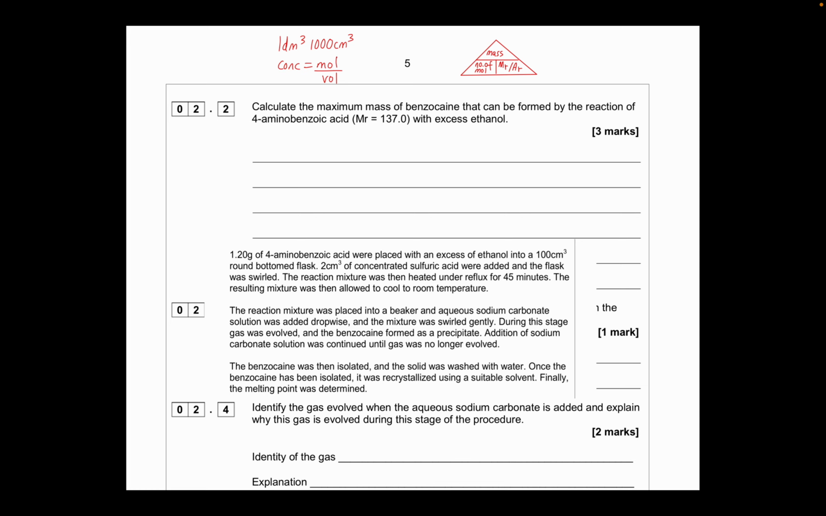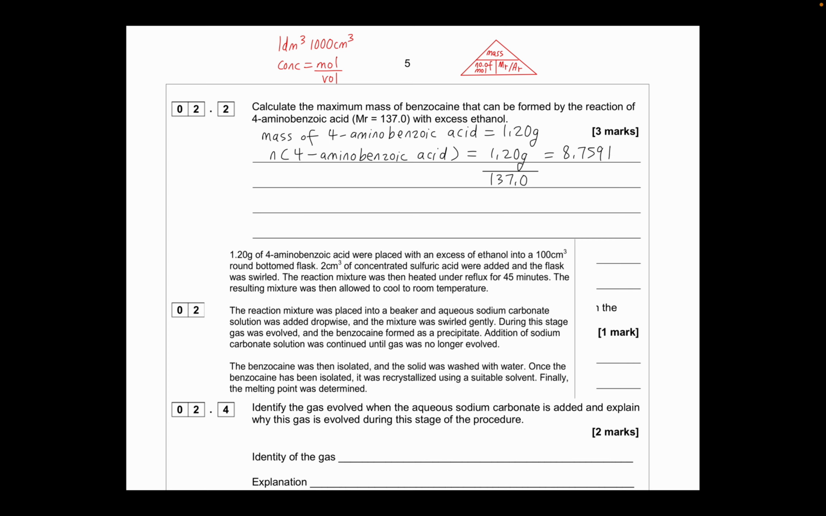So, okay, let's do the first step. We're going to calculate the number of moles of 4-aminobenzoic acid. What I'm going to write here is that we know the mass of 4-aminobenzoic acid to be 1.20 grams. So that means the number of moles of 4-aminobenzoic acid is going to be, we're going to use a triangle here, mass divided by the MR, which is given to us in the question as well, 137. So we're going to use a calculator here. 1.20 divided by 137, so it's going to give you a value of